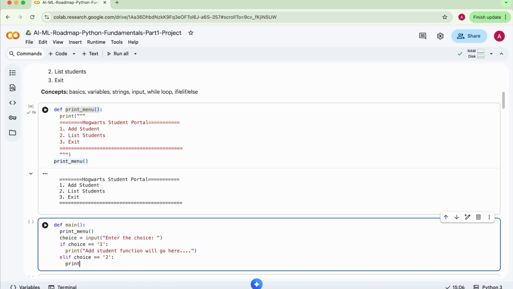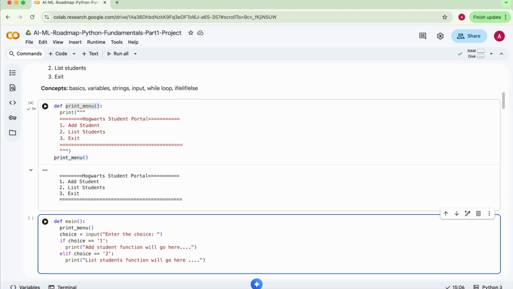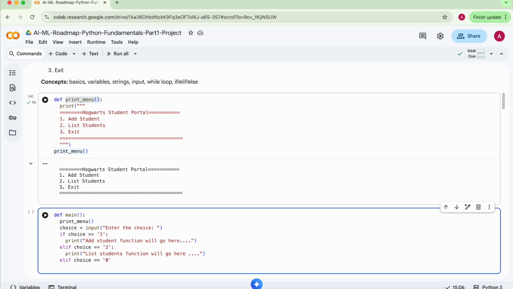So similar, I'll create a placeholder that will say something like list students function will go here. Okay, and if choice equals to 0, then what I'll do, I'll just, let's say, print exit. Okay,